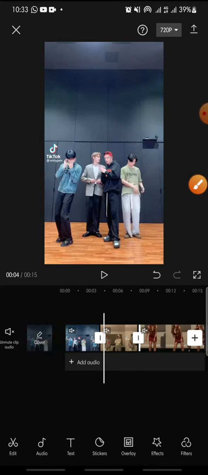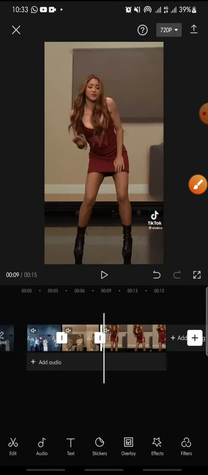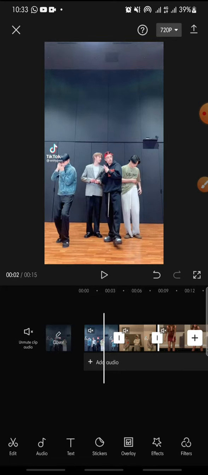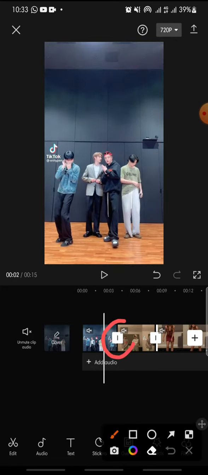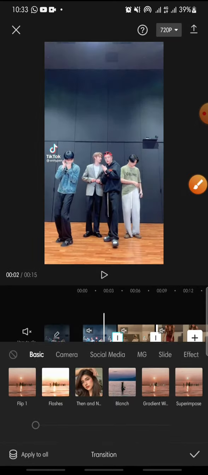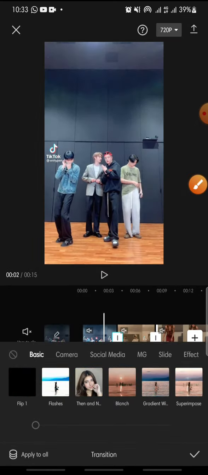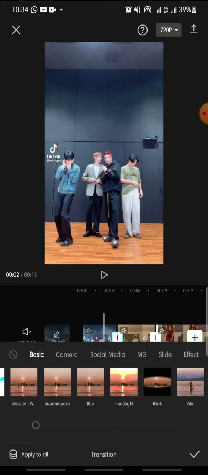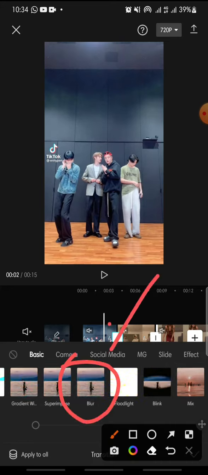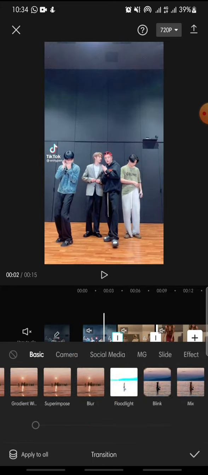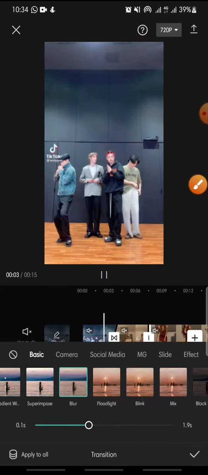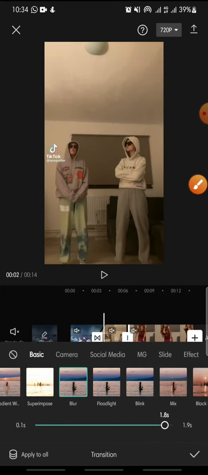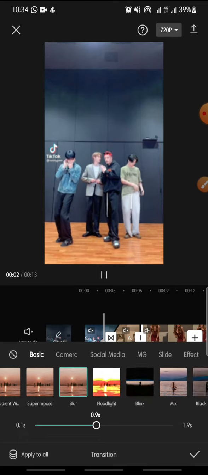And if you want to add a blur transition effect, you just click on the white box, this one. You just click on it, and then in here you can swipe until you can see a blur effect, this one. So you just click on it, and then in here you can set the duration for the